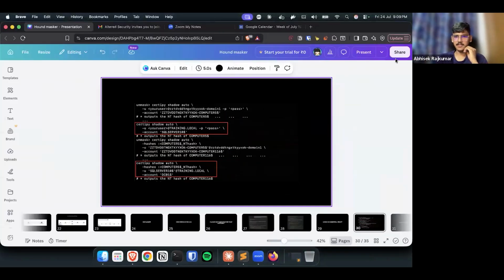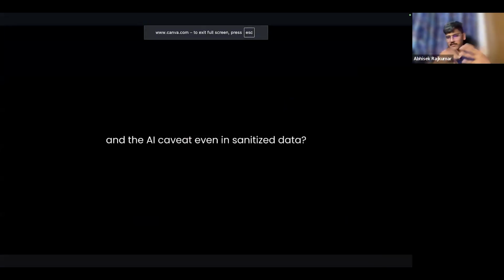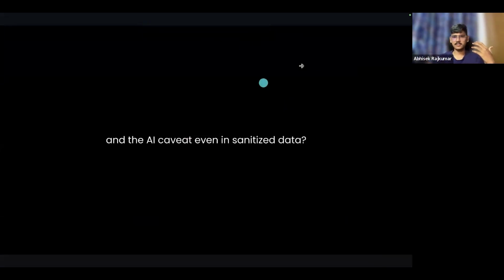There is one more part which I wanted to cover, the AI caveat. After building the tool, I posted this on LinkedIn, and I have also written a blog post about how this works. Whatever I explained in this session is available in the blog post, which talks about how this works and the masking parts and things like that. It's all explained over there. If you want to circle back, you can definitely go and check it out. If you find any issues, you can reach out to me or put in a PR.